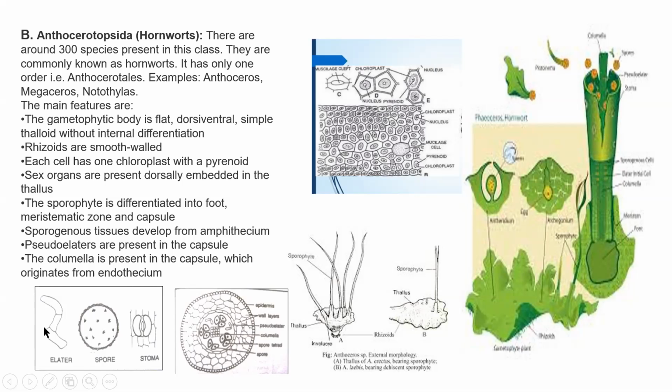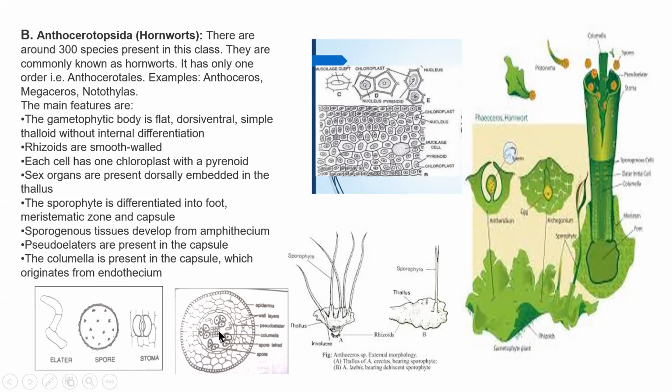And you find elater-like cells. You can call them elaters because they have thickenings around them. They are referred to as pseudo-elaters. They are hygroscopic, but they don't take up the full function of the elaters. Okay, and then you have